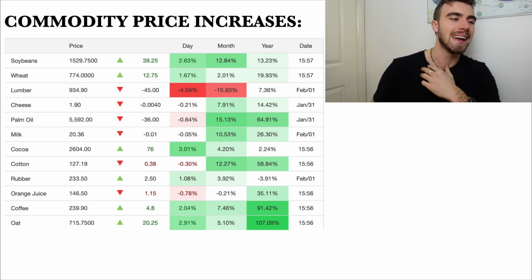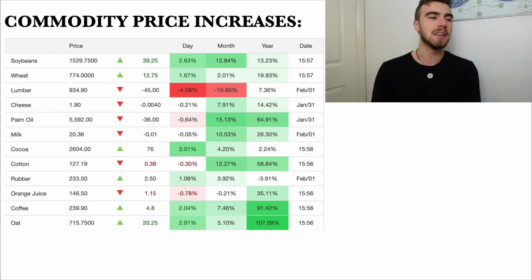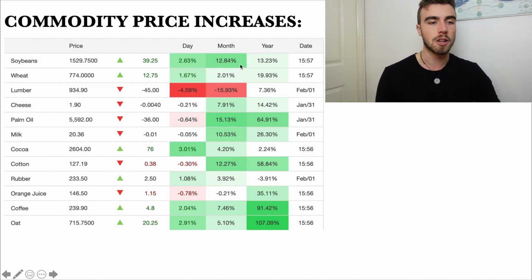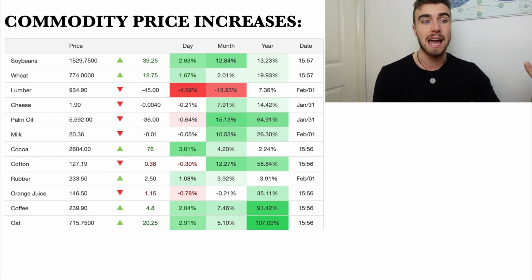Yeah, so here's some more general ones. This is in the agricultural sector, and this is just year-on-year price increases, this column here. So you can see most of them are up, and a lot of them are up by north of 25%, which is where it gets scary.